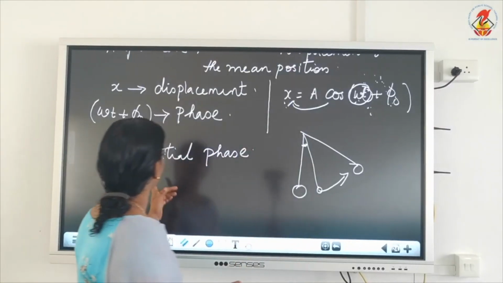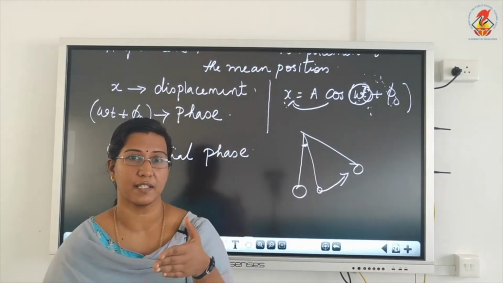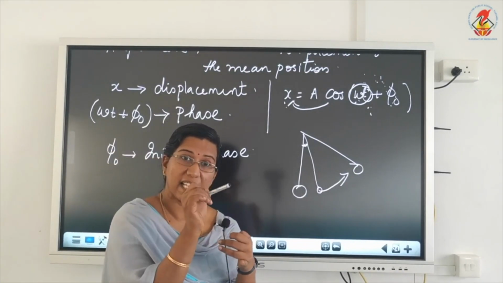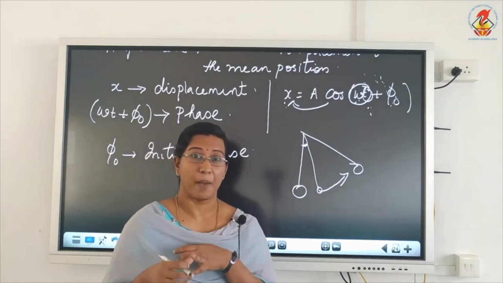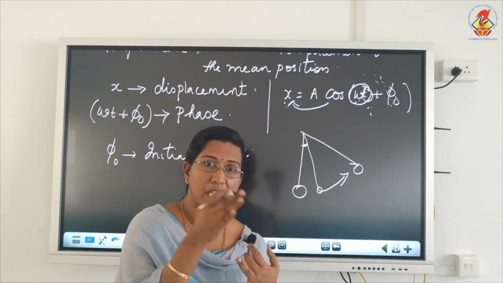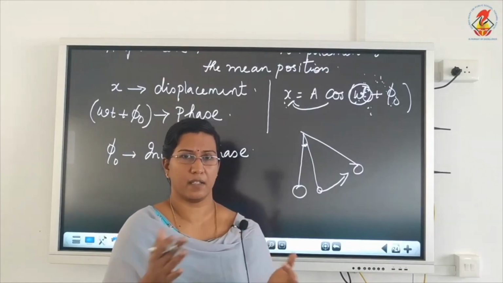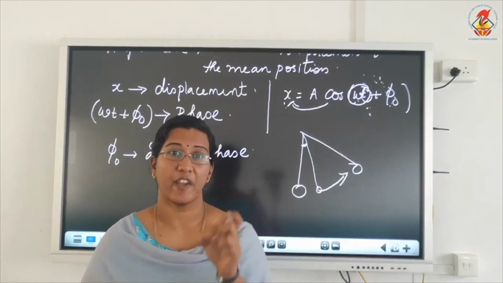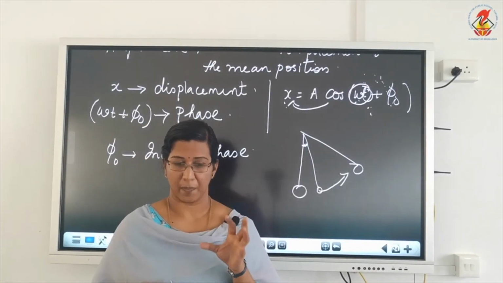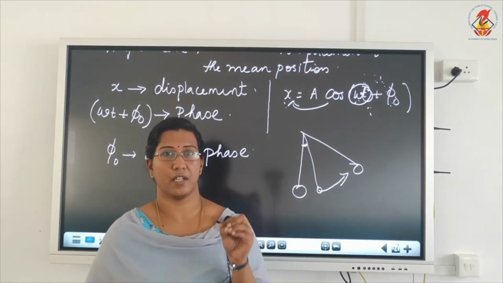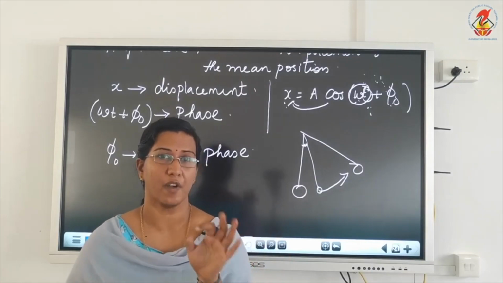So from the equation x = A cos(ωt + φ0), x means the displacement at each point of time. A is the amplitude, that is the maximum displacement from the initial point. Then ωt + φ0, or ωt, depending on the situation, is known as the phase of the wave. Phase is the term which gives the position of the particle or the object at a particular interval of time.